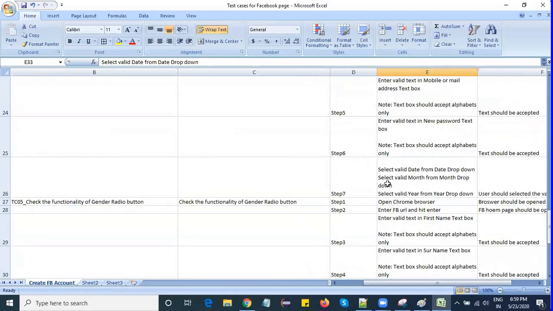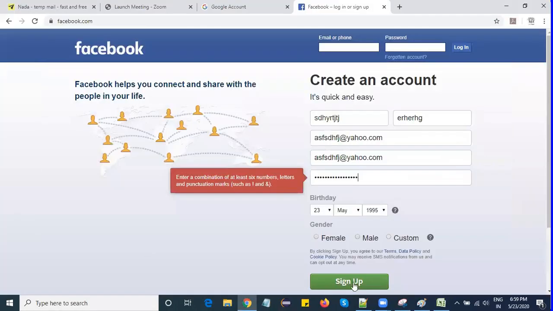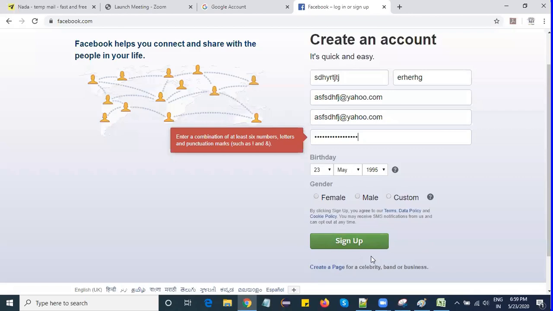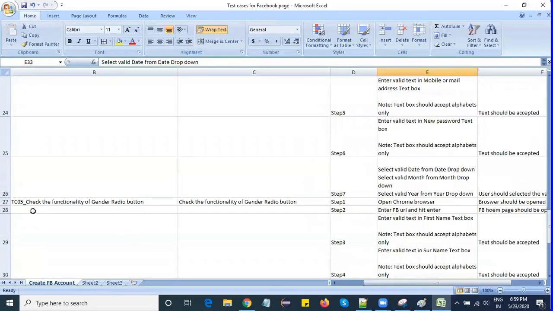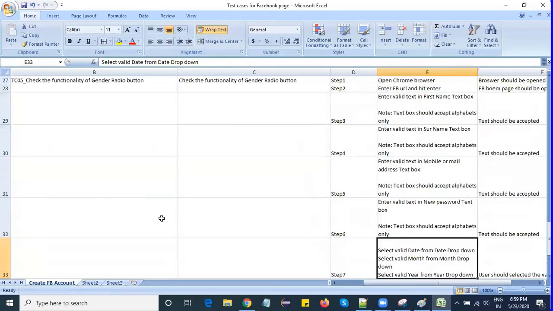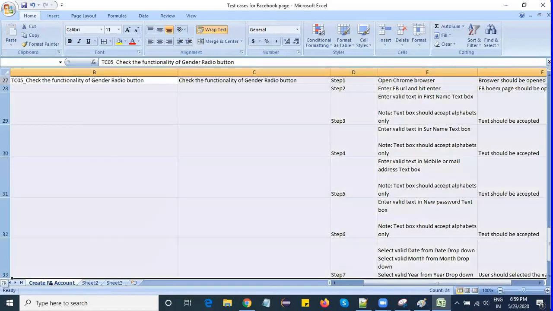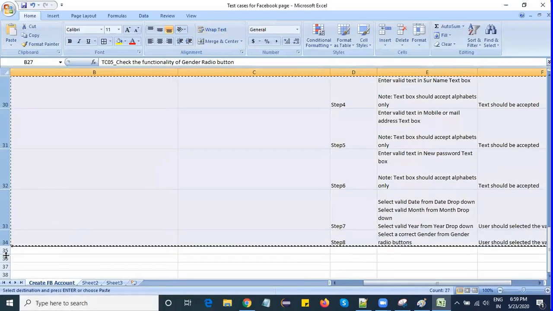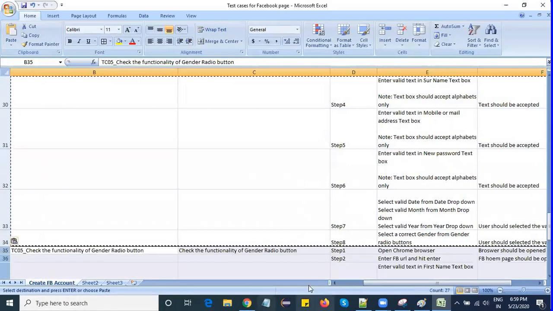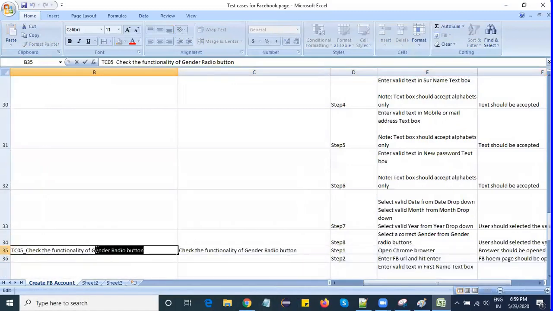Next test case deals with the sign up button. This is the last button, right? This sign up button, let's take here, check the functionality of sign up button.